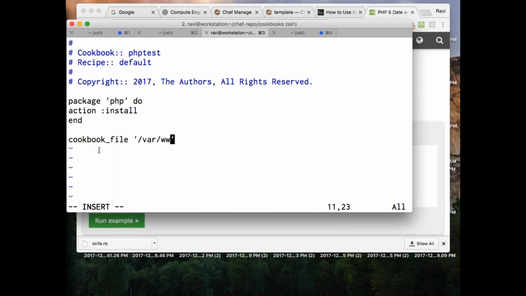You need to give the path, the HTML image path. And I need to give the source. Let's say I'll give source like index.php. Right? Now where do I need to keep that index.php?